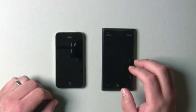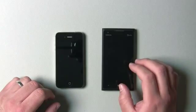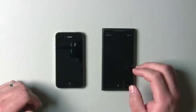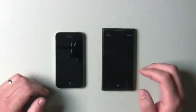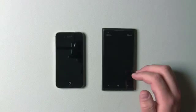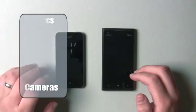The Lumia just recently won Best Phone in Daylight, so it's really good. It's an AMOLED screen with what they call True Black, and it looks really nice as opposed to some other phones with AMOLED screens. It works great in daylight, and the iPhone 4S actually fell behind it as far as that goes. Now, as far as the cameras go, we both have 8 megapixel cameras, but the iPhone 4S records